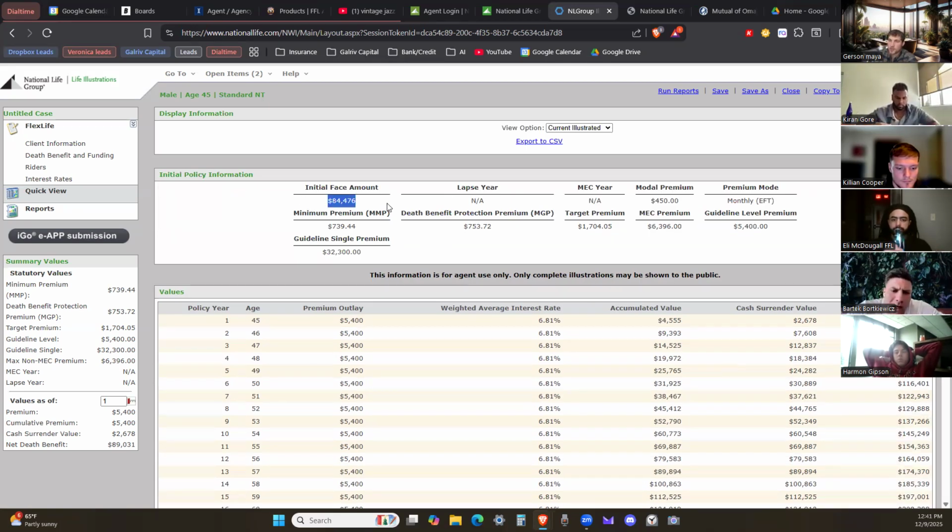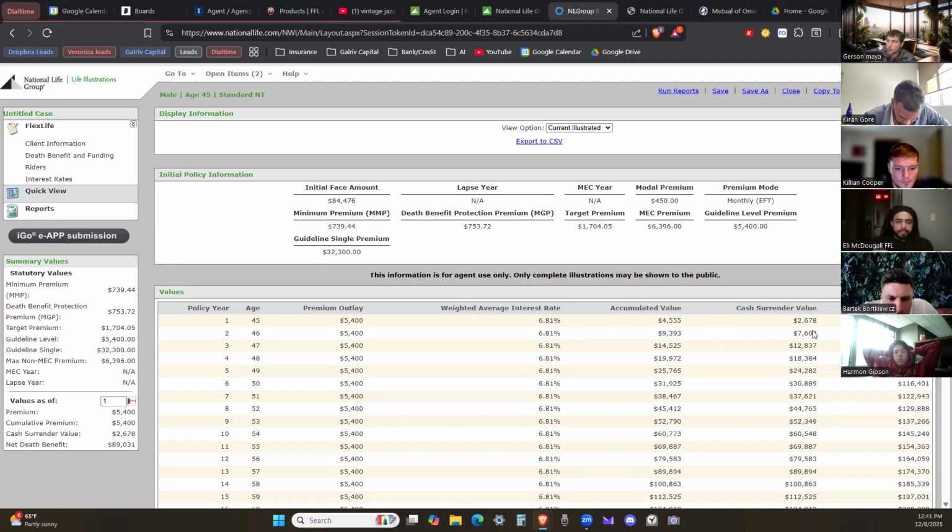And that's how much life insurance there is. Cash? The accumulated value is the cash, how much they're building. This is for the years of how long they have the policy, right? Absolutely. So this is by the end of year one. They would have... I'll get into that in just a second.